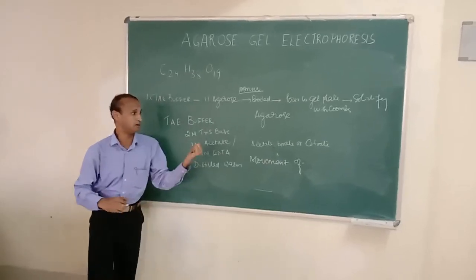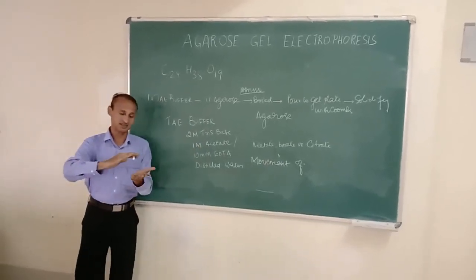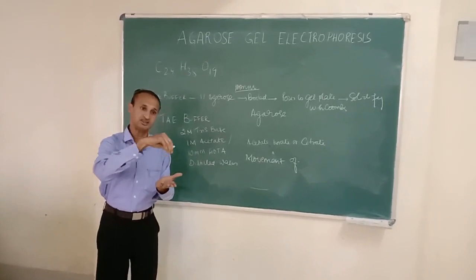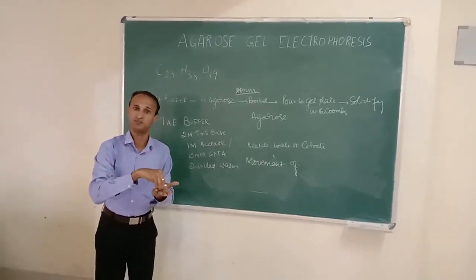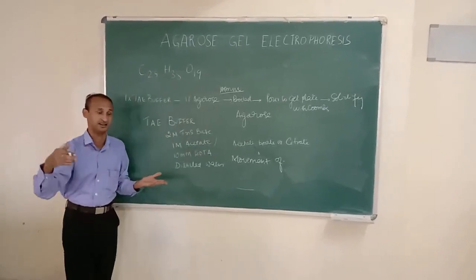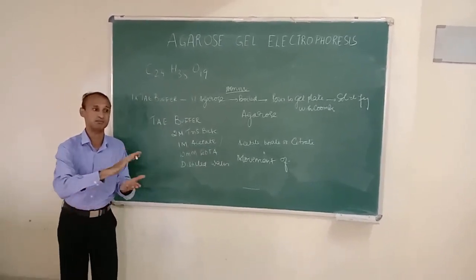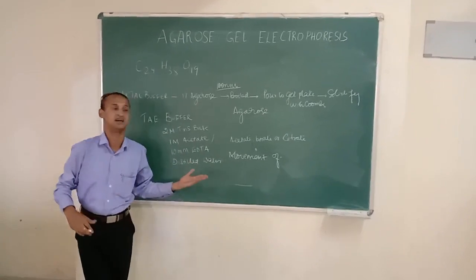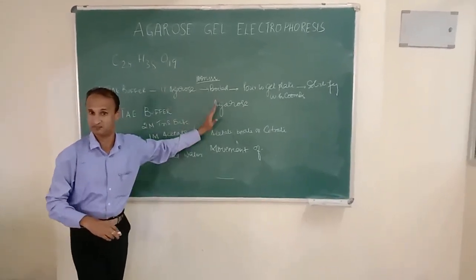We will show you how to run the nucleic acids in the electrophoresis. Once it is run, you can detect whether these nucleic acids are present or not, and you can also use blotting techniques. We will discuss blotting techniques later in the later practical sessions. By using blotting techniques, you can extract these nucleic acids from the agarose gel.